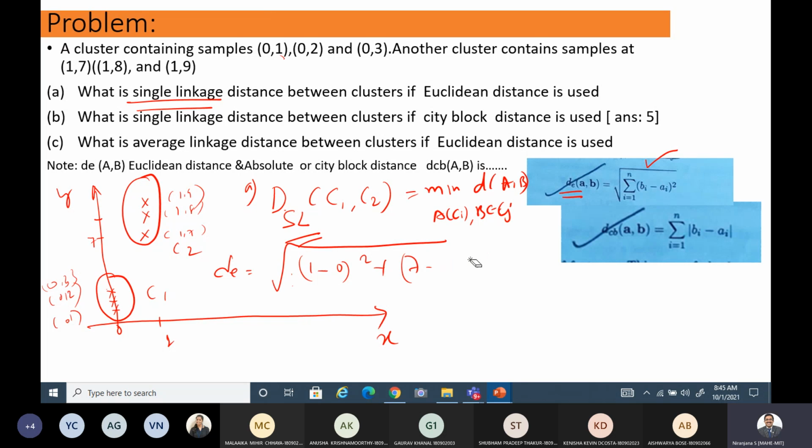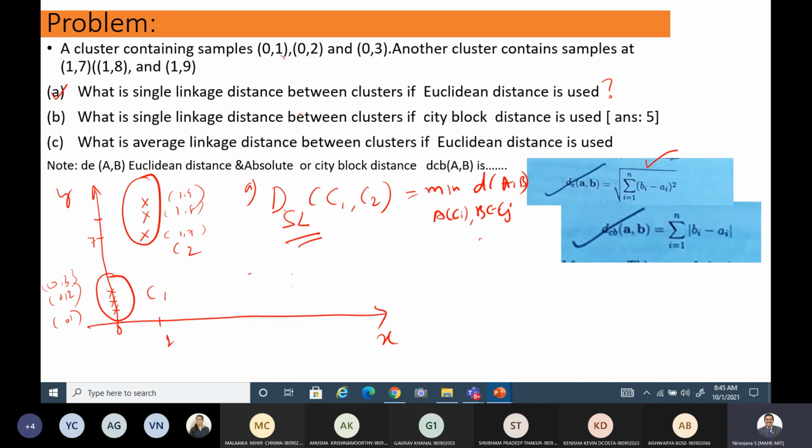So similarly, you can calculate other values and check which is the minimum one. The minimum one you can assign to the left hand side, and that can be considered as the cluster distance. This is the cluster distance. So does anyone have any doubt here on how to find the cluster distance? If you ask a specific doubt, I can address that for the first part. Otherwise, this you need to calculate. Okay.